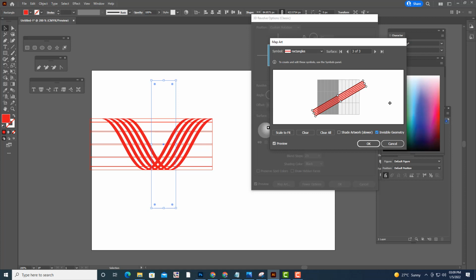I have just kept it like this. What is the meaning of invisible geometry? We have hidden this cylinder. Right. Then the next thing: I will be creating one logo, and you will see how I create it.